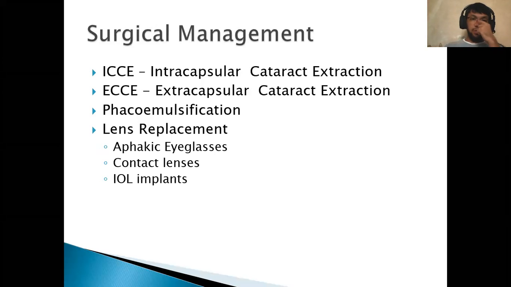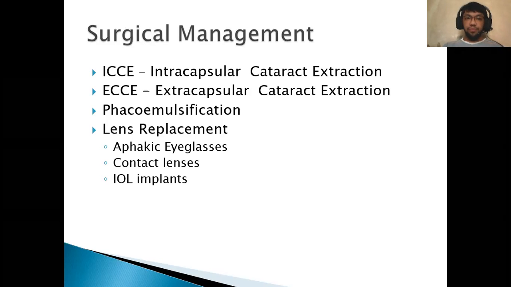Surgical management: we have either intracapsular cataract extraction or extracapsular cataract extraction. I have assisted in these types of surgeries before, ICCE or ECCE. Usually, after they remove the cataract from the patient, together with the lens, the doctor is also going to remove the lens from the patient. The lens will be replaced,